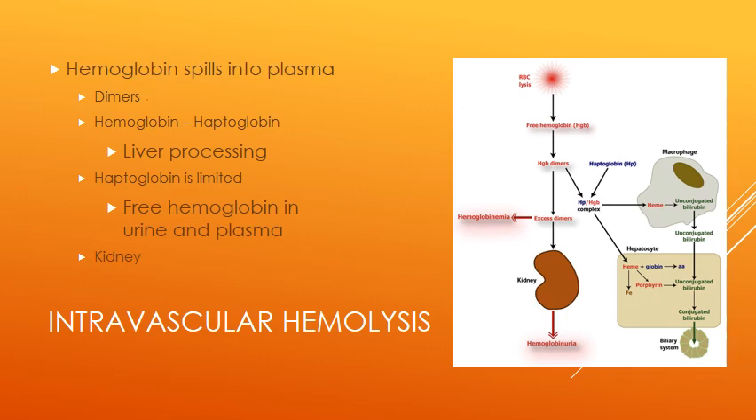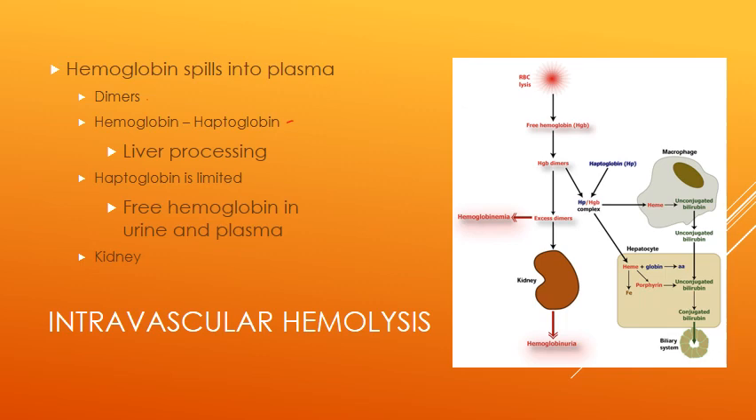Haptoglobin, actually, that's what it does. It's able to bind the dimers. So this haptoglobin-hemoglobin complex then goes to the liver, where the liver can process those products. Unfortunately, we have a limited amount of haptoglobin in our plasma. So when you exceed that, and the free haptoglobin stores in the plasma are used up, we start to see hemoglobin building up in the plasma and then spilling